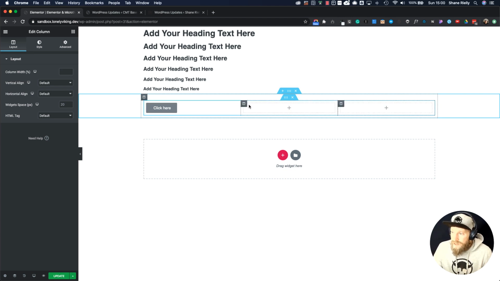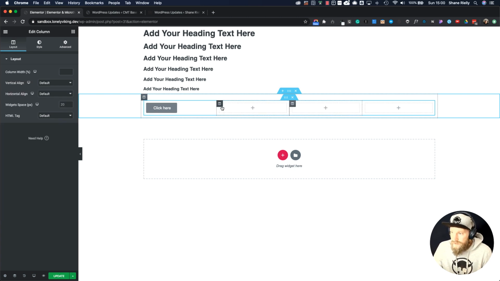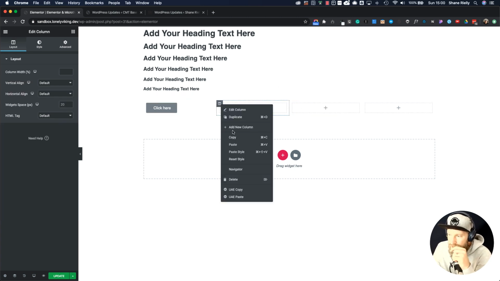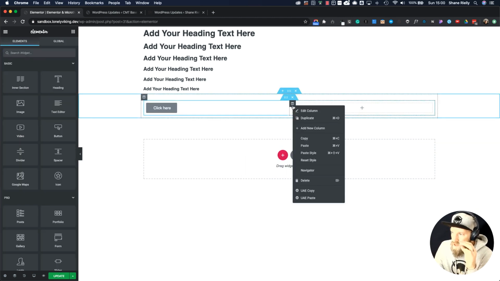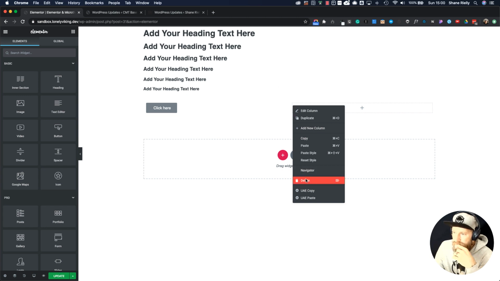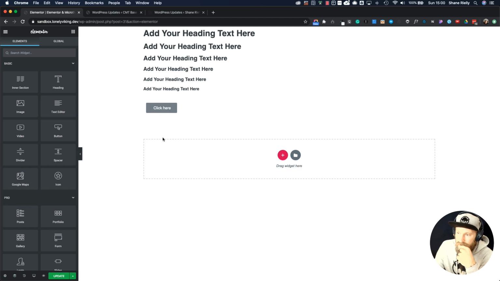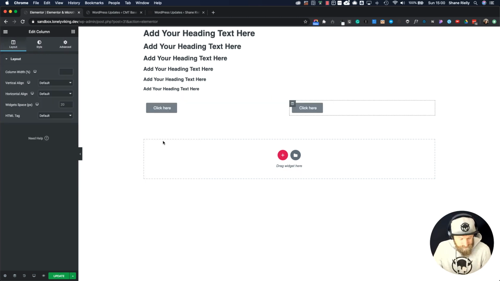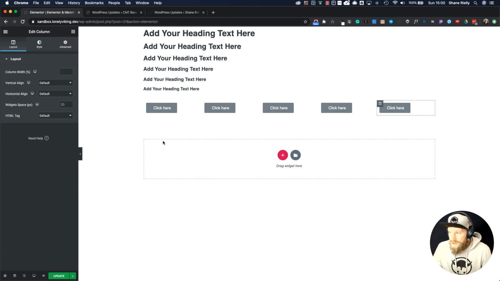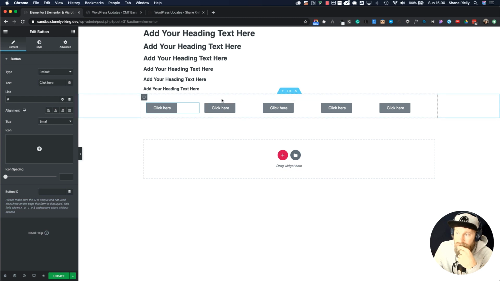See, now I duplicate and it's got no content in, so that's very weird. Yeah, I must say I've been having a little bit of issues with the latest Elementor, especially with the copying and stuff. So see, if I pressed Command D, it didn't copy the contents, but if I go copy paste, then it does. So I'm going to do 5 buttons here, and then I'm going to set this, that's default,